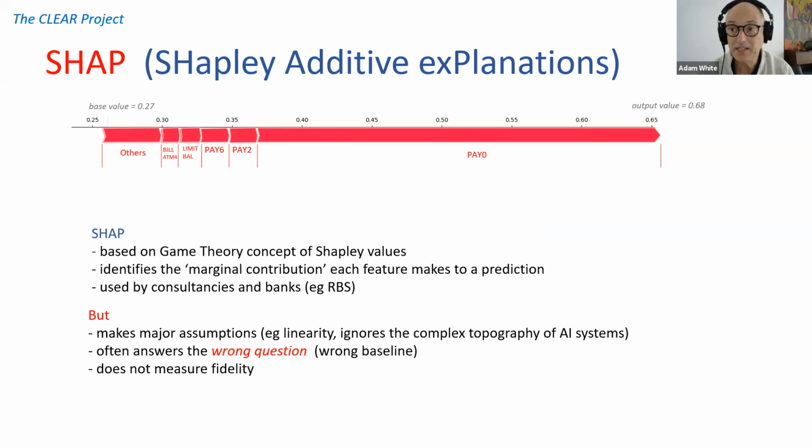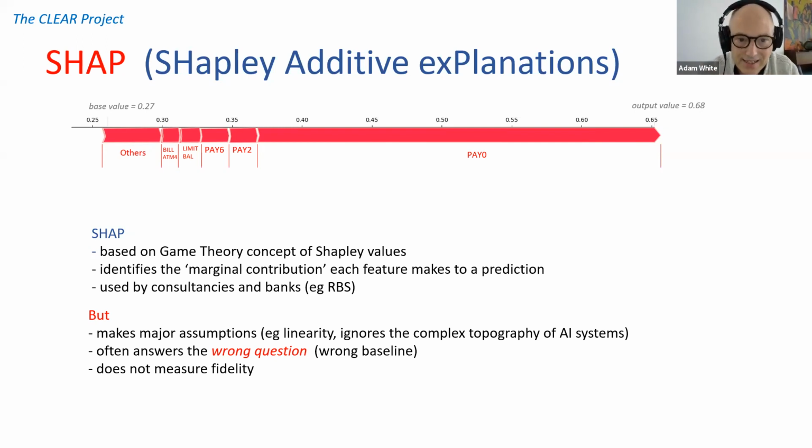So SHAP is incredibly popular now with banks and consultancies and so on. But there's the assumption of linearity. It also summarizes data. So if you start off with, particularly, the iris data set in its entirety, it takes that and it summarizes it down into just 14 rows of data before it does its regression. So a lot of information gets lost in SHAP.